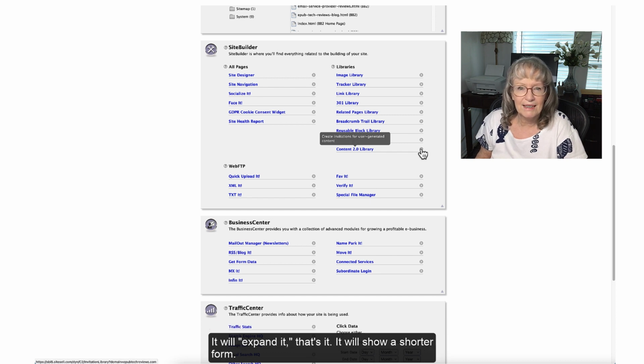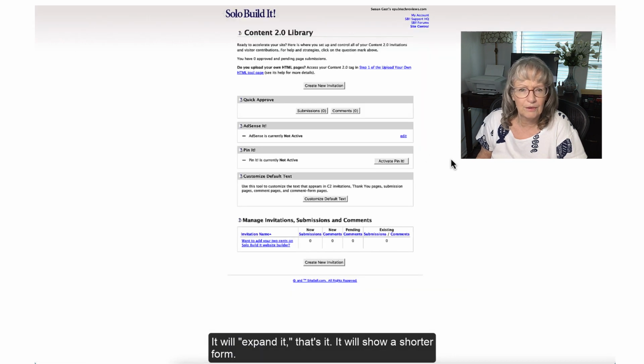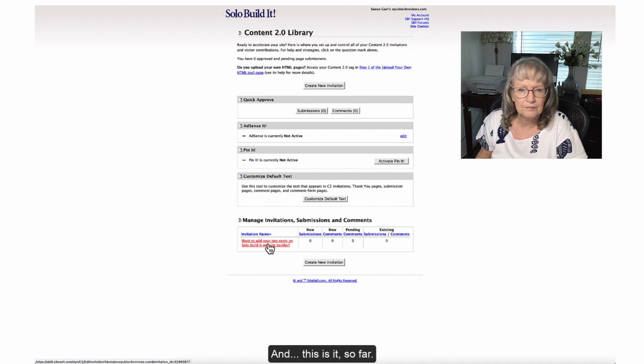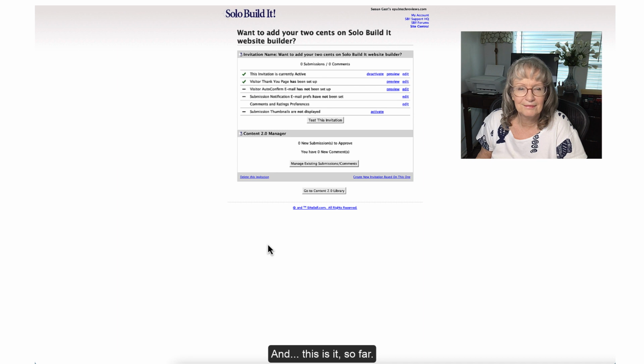It will expand it, that's it. It will show a shorter form. So let's click on that. Let's bring it up. And this is it so far.